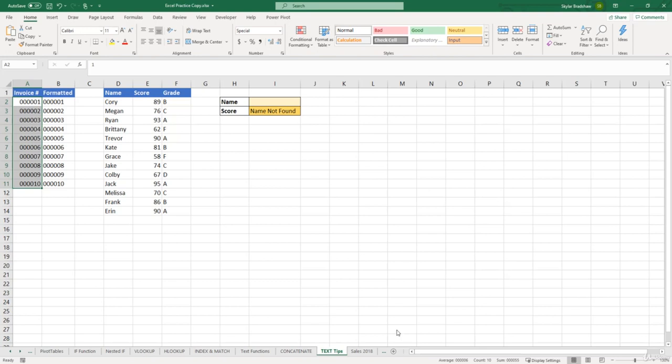Now I want to show you another thing that you might come across that you can fix using text-based functions. For example, we have this name, score, and grade set up like you've seen before. And then over here, I have a VLOOKUP function that searches for the name and then returns the score. So up here in the name cell, if I type in Corey, we can see that his score was an 89. But now if I type in Trevor,